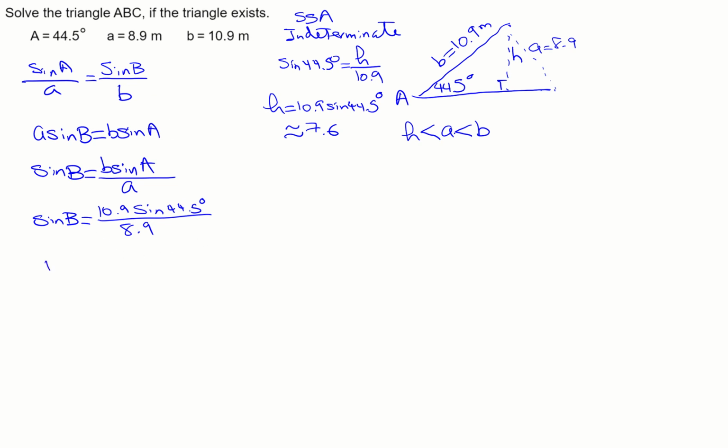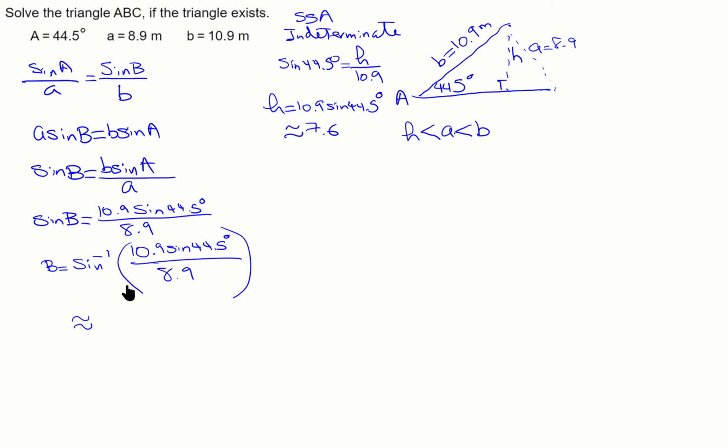So we have B equals the inverse sine of 10.9 sine of 44.5 degrees over 8.9. All right, so we carefully plug that into a calculator,